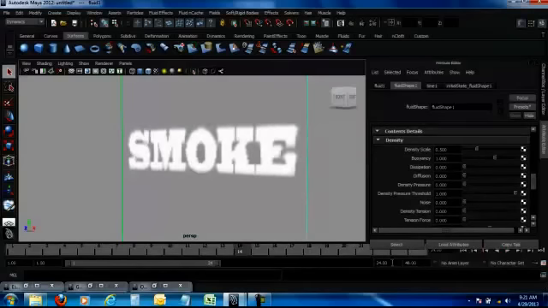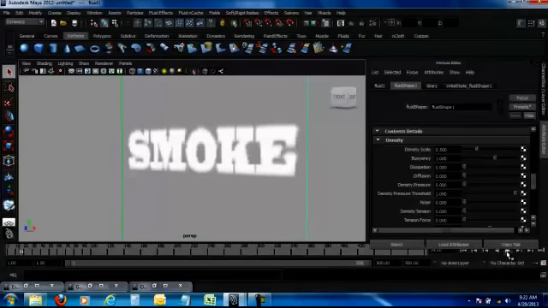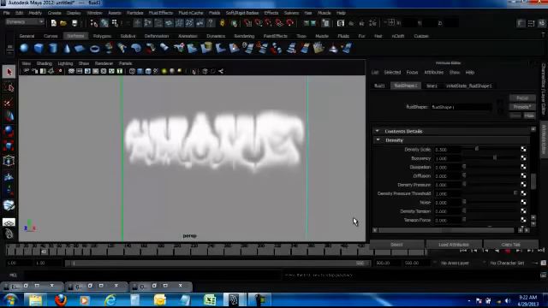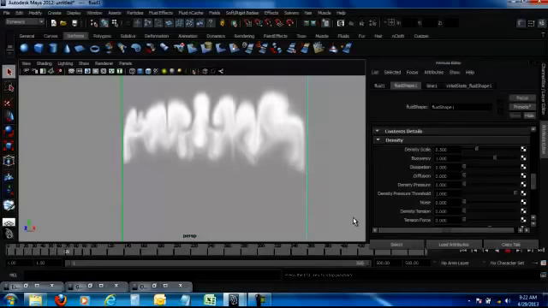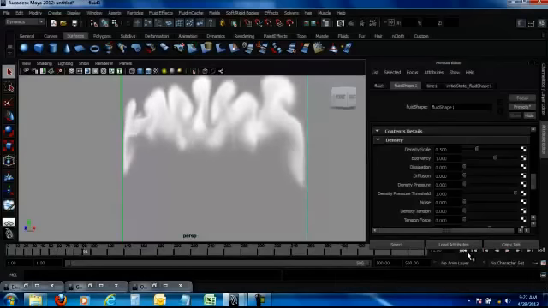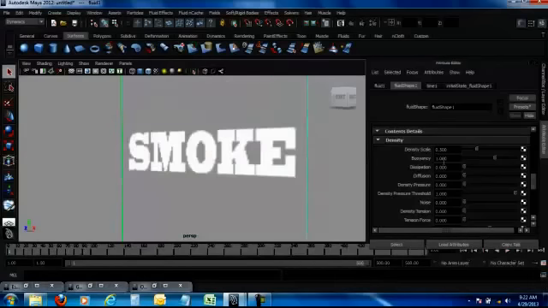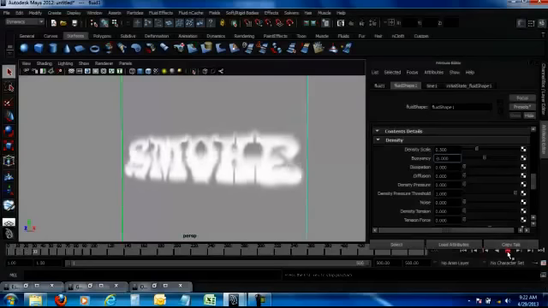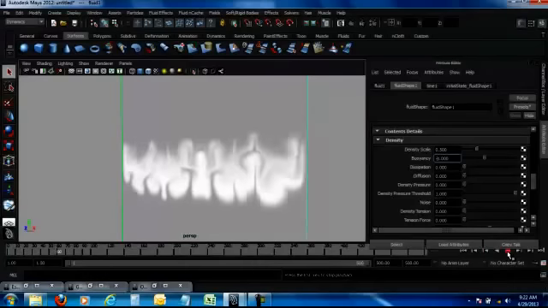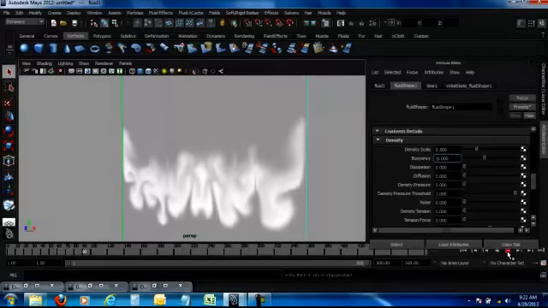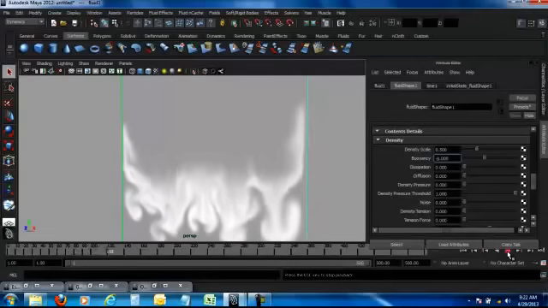Now obviously this is not right, and let's just increase my playback. If you play, you can see my smoke kind of breaks down from the structure and moves up. What is happening here is my buoyancy is 1, it's positive, so obviously it's going to move my particles upwards. If I set my buoyancy to -1 and play now, you can see the smoke is coming down. So basically buoyancy is the property which controls in which direction your particles will move.